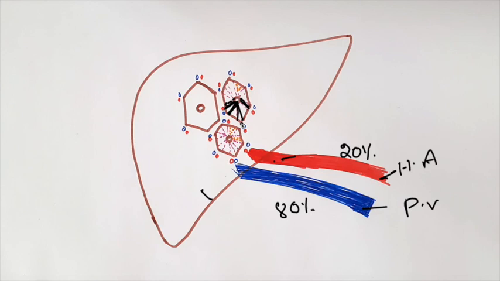The right and left hepatic ducts join together to form the common hepatic duct, and then it joins with the cystic duct to form the common bile duct. So this is a small idea of histology. After blood supply, the nerve supply is mainly by the hepatic plexus of nerves, sympathetic, and parasympathetic mainly by the vagus. The lymphatic drainage is by the celiac group of lymph nodes, paracardial and hepatic group of lymph nodes.